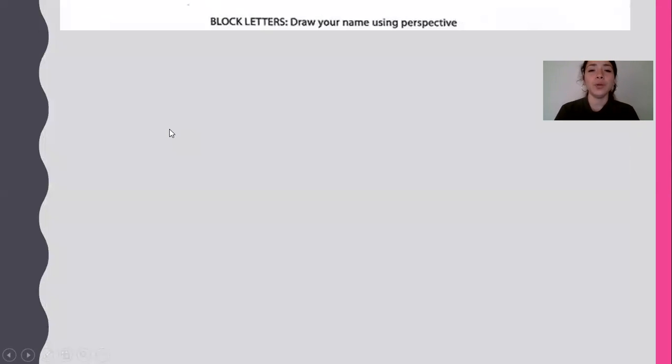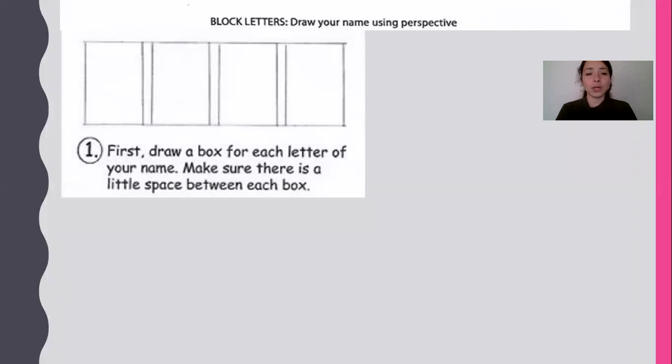All right, so we're gonna create block letters. We're gonna use our name, and for me, I'm just gonna do Miss V because Miss Ventura is very long and I want us to focus on the assignment. So the first thing we're gonna do is we're gonna draw a box for each letter of your name. So for each letter of your name, you're gonna draw a box. So on your paper,